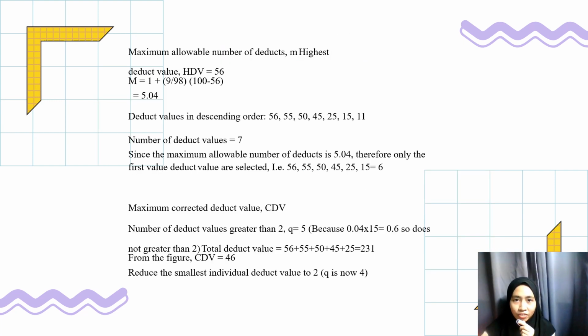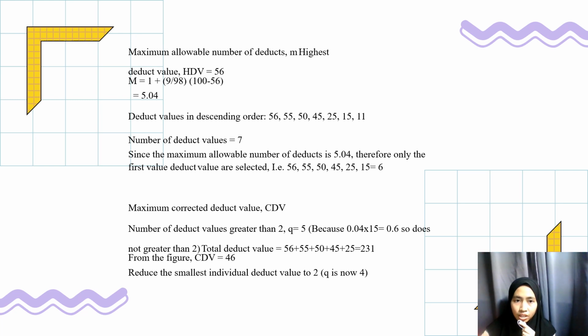Maximum allowable number of deducts, M. Highest deduct value HDV equals 56, so M equals 5.04. Deduct values in descending order: 56, 55, 50, 45, 25, 15 and 11. Number of deduct values equals 7. Since the maximum allowable number of deducts is 5.04, only the first deduct values are selected: 56, 55, 50, 45, 25, 15,